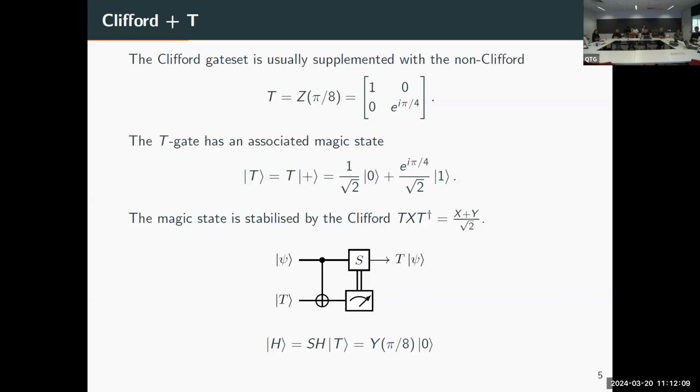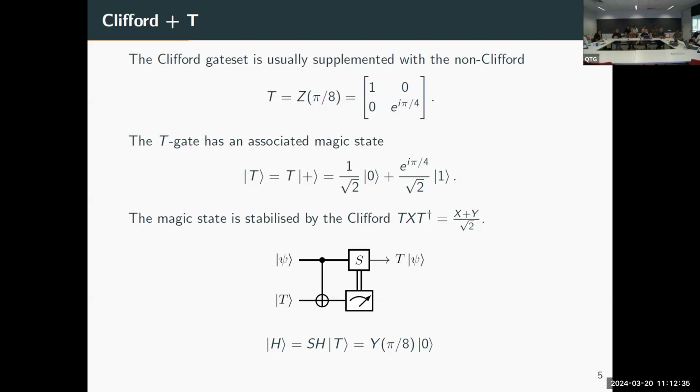The reason you might care about something like this is that using just Clifford gates, you can't get universal quantum computation. In fact, if you just have stabilizer states and Clifford gates, this is classically simulable in polynomial time by Gottesman-Knill. So you need something outside of this set in order to do universal quantum computation, and the T-gate is a very common way to think about this,